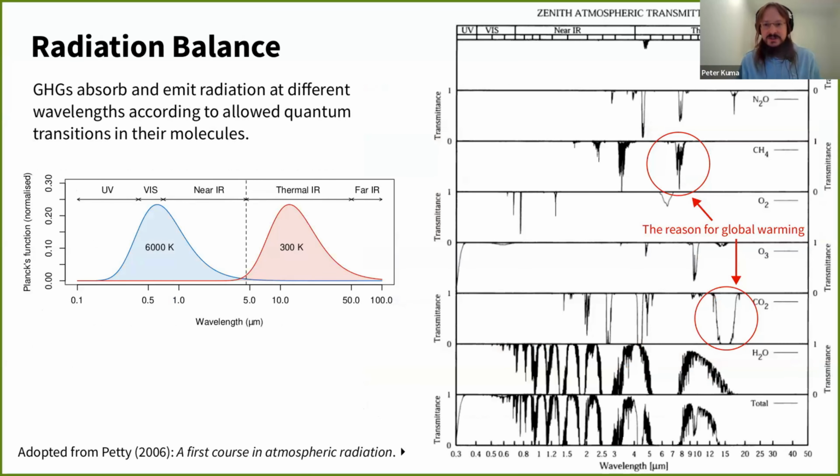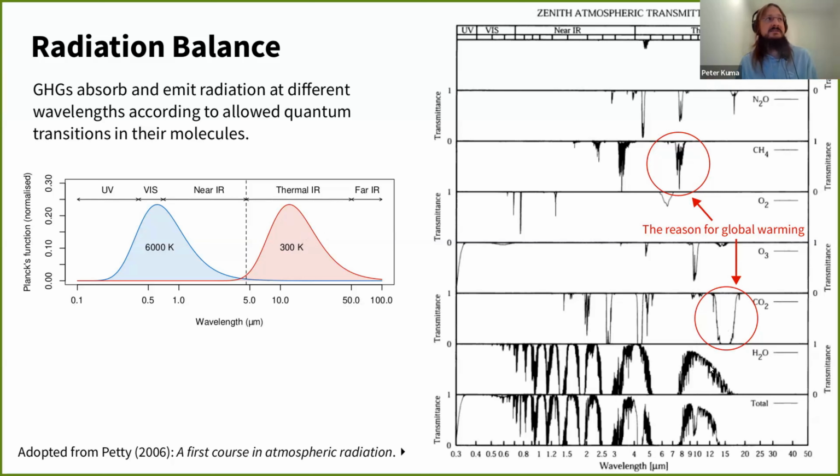And so I'll go into some detail on why carbon dioxide and methane are greenhouse gases and why they warm the Earth. That's because the long wave radiation outgoing from the Earth into space, that's the red line here at 300 Kelvin, an idealized Planck's radiation, is absorbed by greenhouse gases in the atmosphere. There are several of them, but the main ones are water vapor, carbon dioxide, and methane.